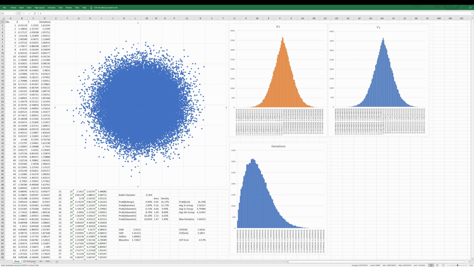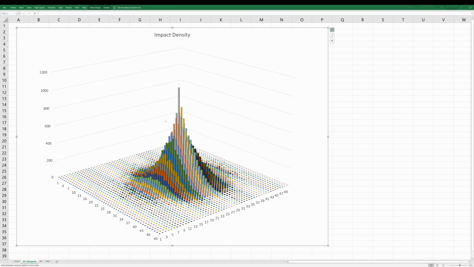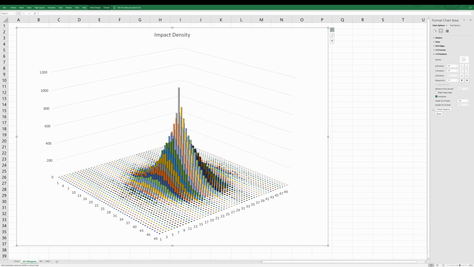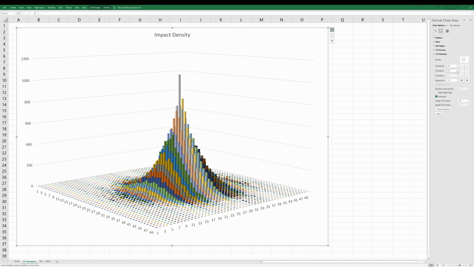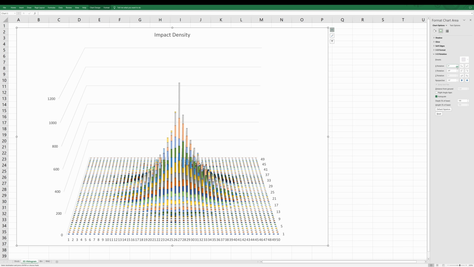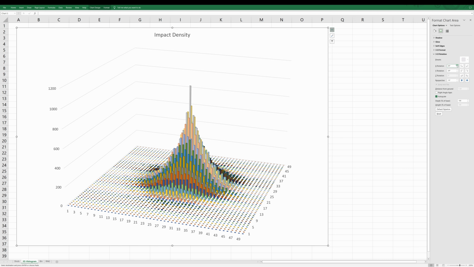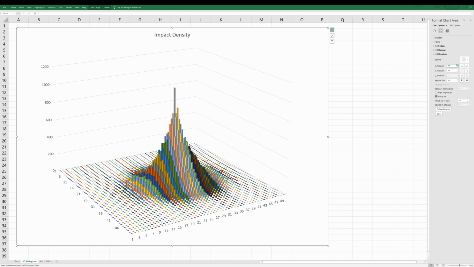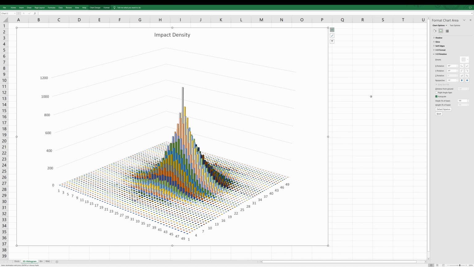As a matter of fact, if we go over to this 3D histogram, again, it's all built with formulas, we can look at that, and you can see once it updates here, look at how peaked it is in the middle. And again, this is just odd. Now, one nice thing about Excel is I can do a 3D rotation and look at different angles of this thing. It does look to be sort of a cone shape, but it's very, very peaked in the middle. So again, this is one oddity of the exact way he's doing his simulation: it does not appear that his random vectors end up with a bivariate normal distribution on target,